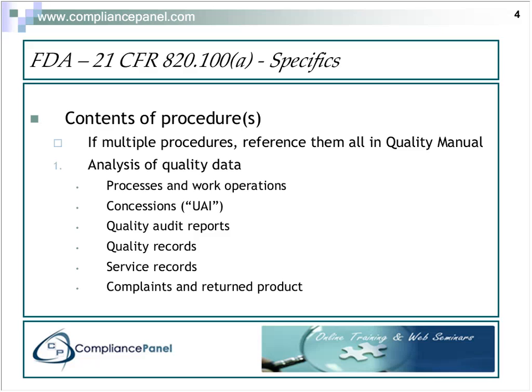If you have a quality audit, either internal or external finding, you're going to require your production manager or service area to respond with what their corrective action plan is. Also, a supplier, same type of thing. Quality records, if you're evaluating, that's more trend-based. Service records as well, either isolated or trend-based. Complaints and return product, the most critical, in my opinion, of all of these.